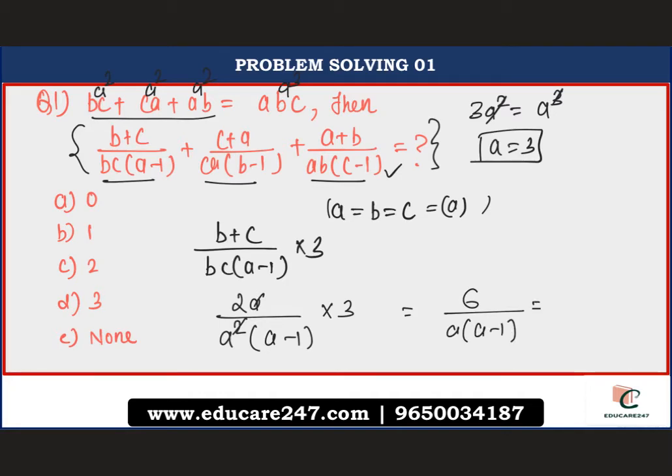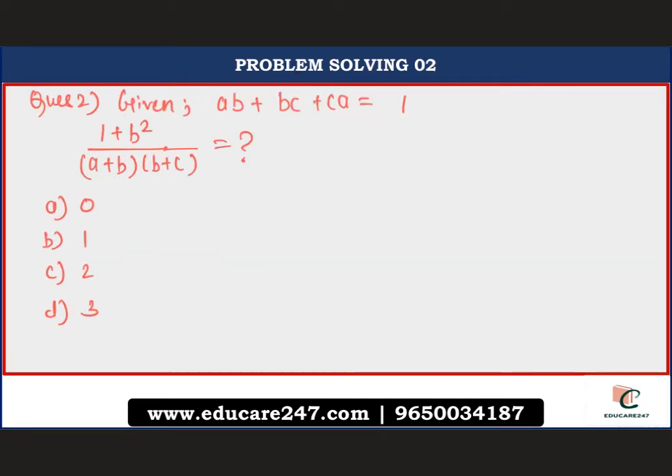What is the value of a? We have got the value of a as 3. So 6 upon 3 into 3 minus 1. This 3 ones are 3, twos are 2, and we have 2 by 2, that is 1. Hence the correct answer to this equation is option number B, that is 1. So you saw I took it very slow for you to understand and verify the concept, but this concept works wonders for such questions which is definitely going to puzzle you and definitely going to take a lot of time, right? Let's move ahead. So let us have a look at the next question.